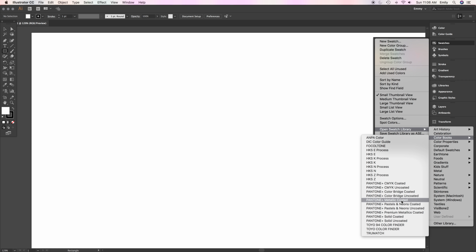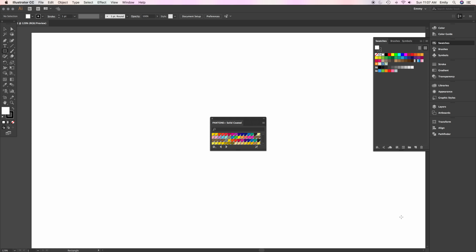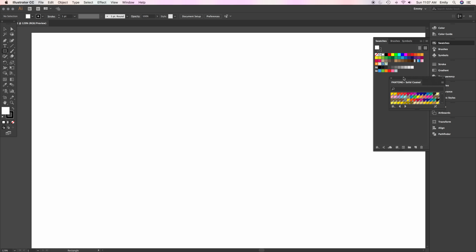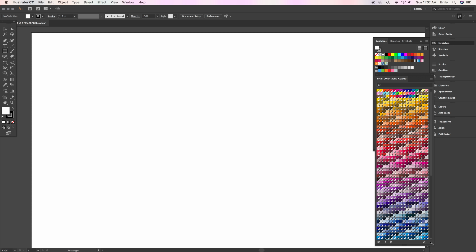Pantone is a color standardization print process, so it's supposed to mean that the red you choose, if it's the right Pantone red, will be exactly the same red regardless of which printer or output machine you use. So what I'm going to do is come down to solid coated, and this is going to give me just some more color options. I'm going to kind of go through